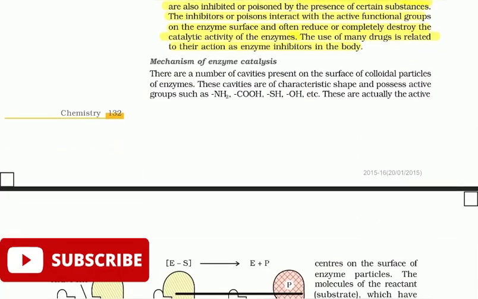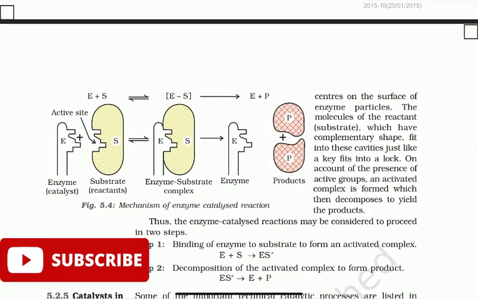Mechanism of enzyme catalysis. There are a number of cavities present on the surface of colloidal particles of enzymes. These cavities are of characteristic shape and possess active groups such as NH2, COOH, SH, OH, etc. These are actually the activity centers on the surface of enzyme particles. The molecules of the reactant substrate, which have complementary shape, fit into these cavities just like a key fits into a lock. On account of the presence of active groups, an activated complex is formed, which then decomposes to yield